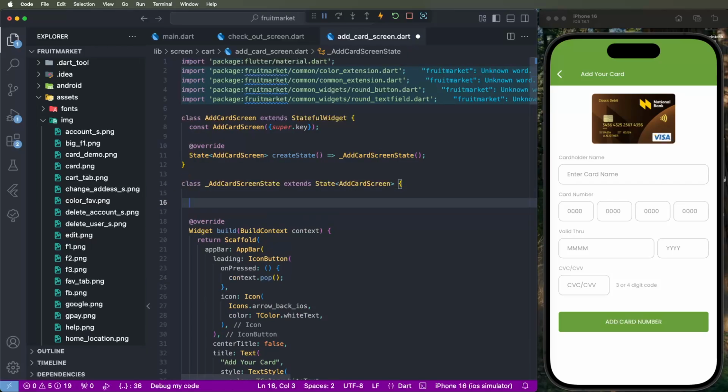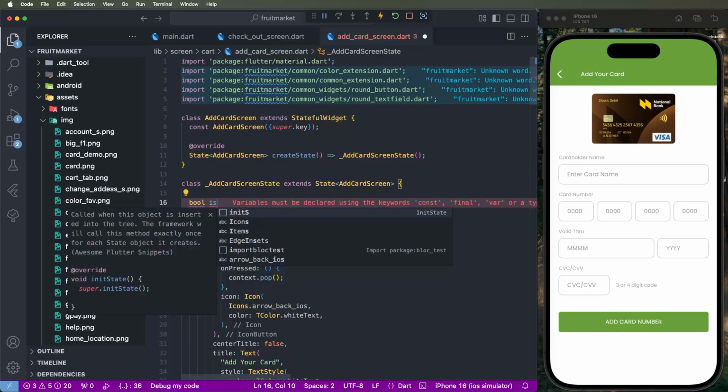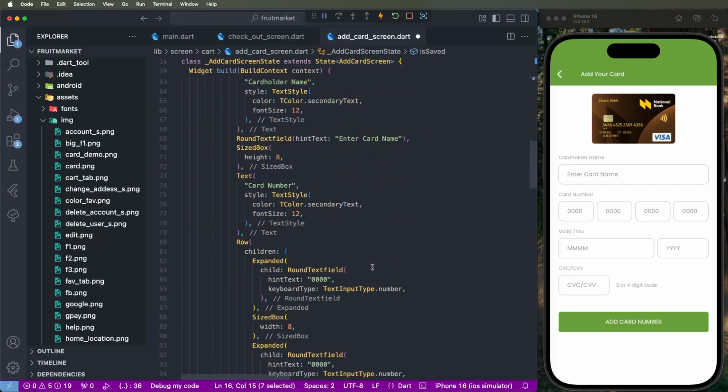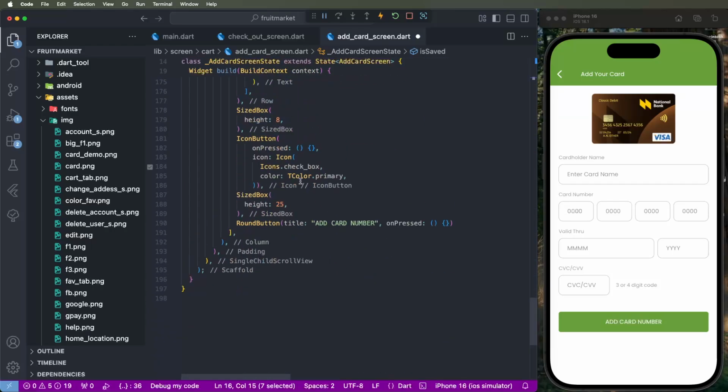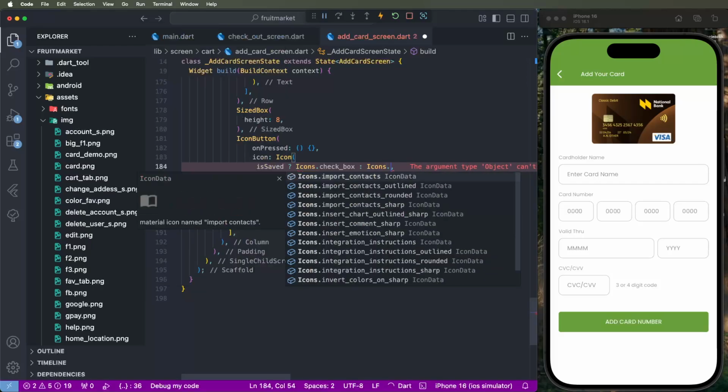Set here a bool isSave. By default we need to set this to false, and we need to check the press events. If it is checked, then show the checkbox with a tick, otherwise unchecked. Need to set here icons dot box,